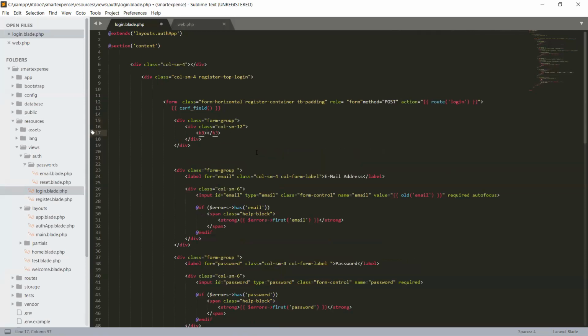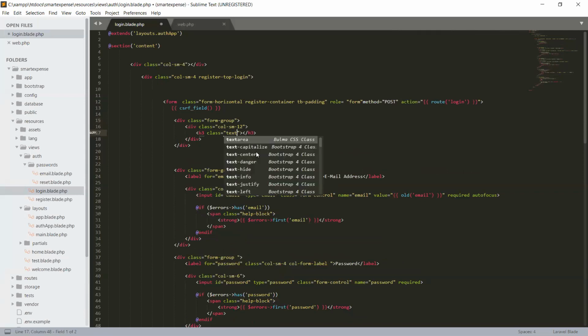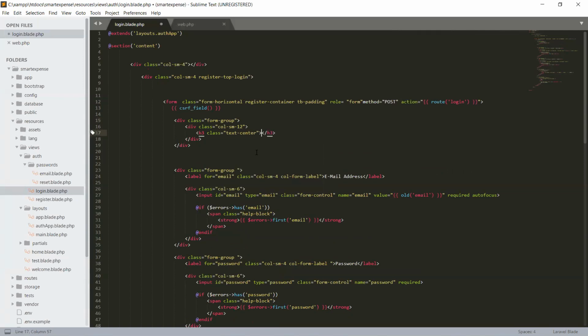The heading 3 class, a default class that will be set in our style.css, text-center, and it is a login to